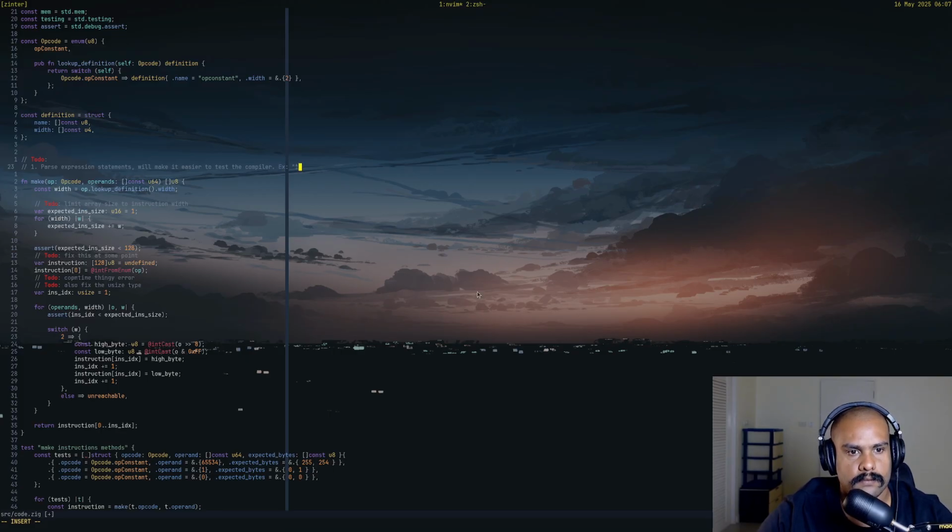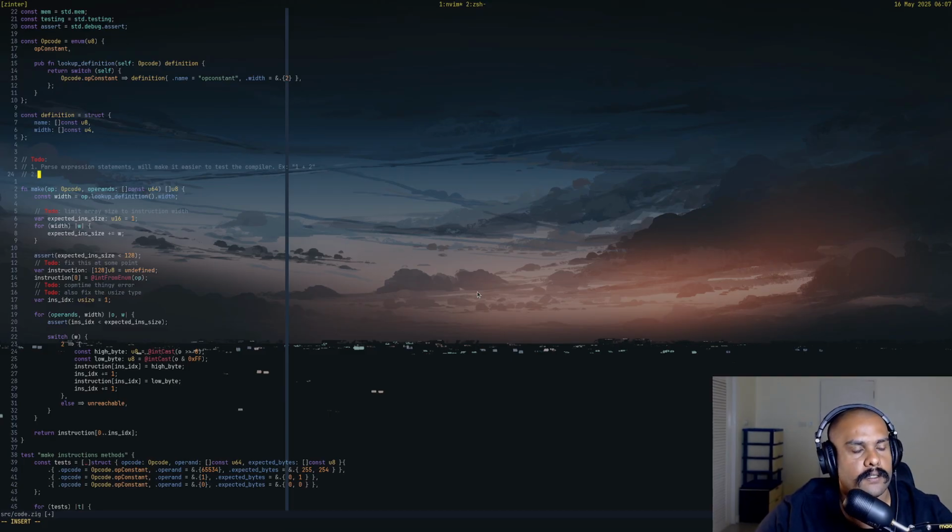Example, 1 plus 2. And the other thing is, allow constants. Thing 2, to allow constants, create